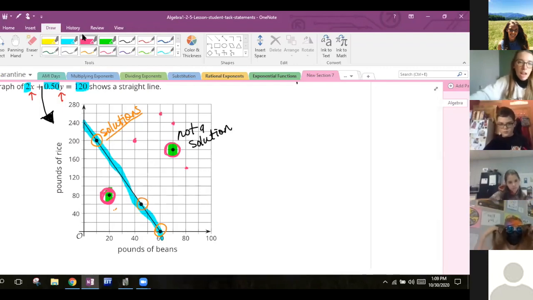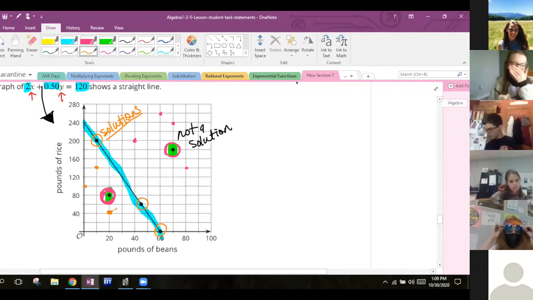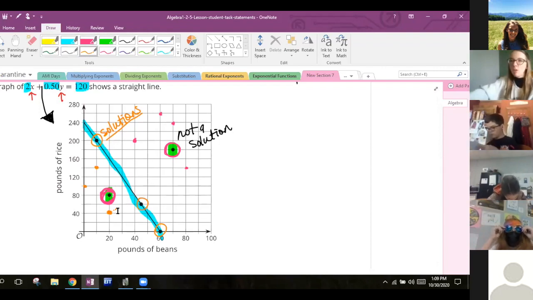Any coordinate that I choose below the line is going to add up and be less than 120. Okay, and that's why the ones only on the line represent values that would equal 120. All right, so that is it for